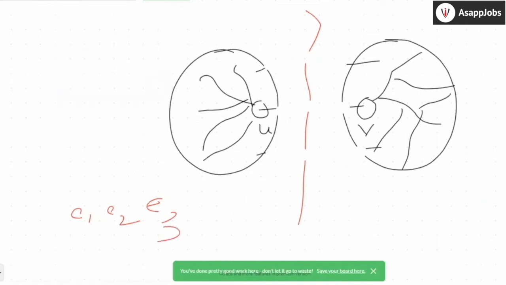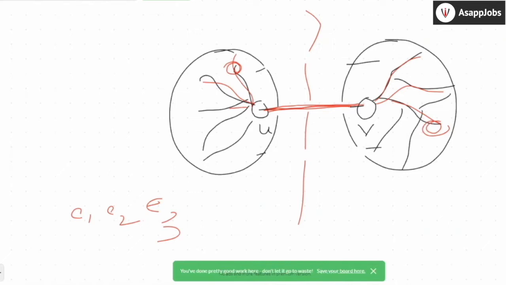Ideally, it should be the minimum edge connecting these two components, right? Let's say UV was the minimum edge. If I just add U and V, I know the graph is connected, because U is connected to a set of vertices here, V is connected to a set of vertices here, and I connect U and V. So basically I can reach from any point in this graph to any other point because there is connectivity now, right? Because if you add any other edge, your weight will increase.